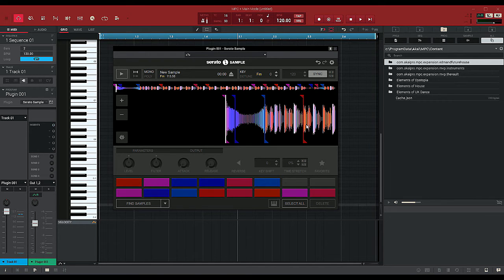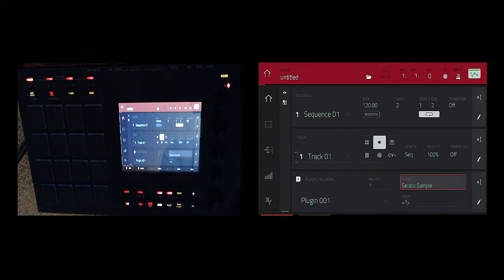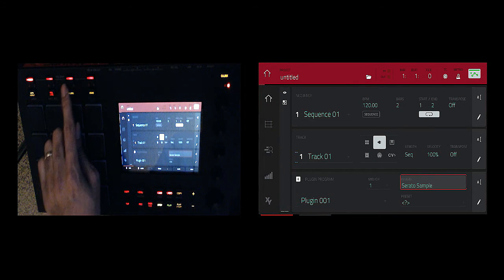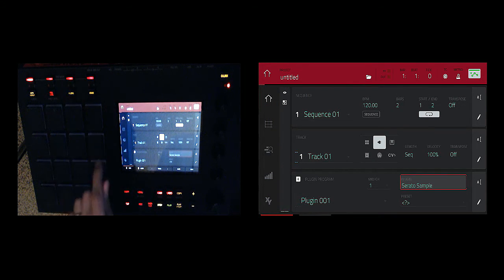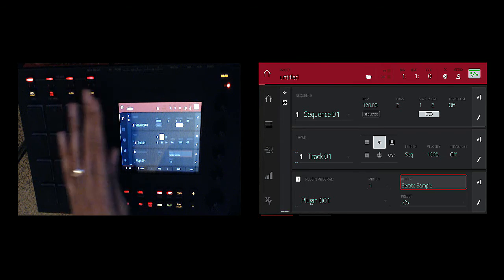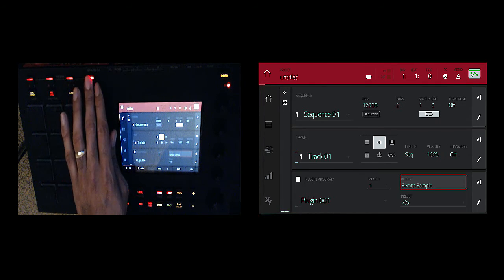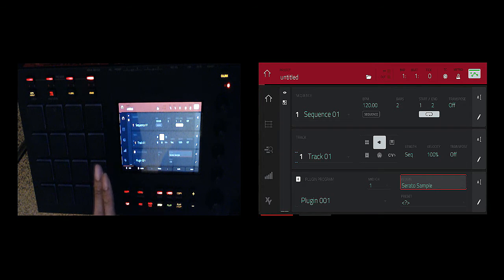Now, the next thing you want to do on your MPC Touch is click on Pad Bank C. Is going to get you to the octave of C1. And it's the second row of pads where it starts. So it's the first one, second one, and third one. And if you want to go further into it, you have to go to D. And that'll give you the rest of the samples. So if I hit it,